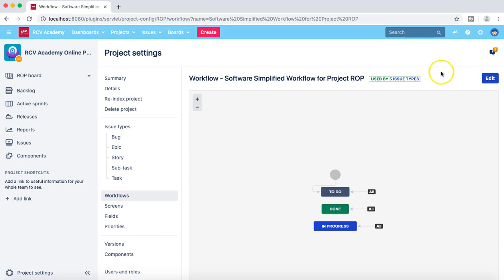So let's see, for example, this particular workflow, I have got the finalized requirement from my stakeholder that yes, this is the simplest workflow that we'll be continuing with. The only change we want in this workflow is to add the reopen state to this workflow, and then we'll just add a reopen state to it. So how you can go ahead and edit this workflow, just click on the edit button here,